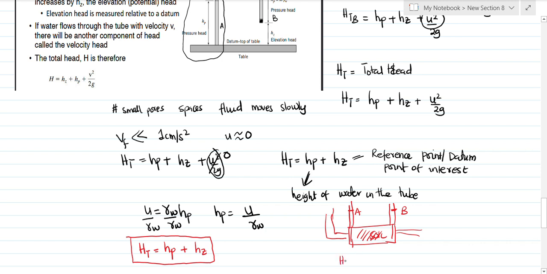Under ideal conditions, HTA should be equal to HTB, from Bernoulli's equation. If they are not equal, then there is something we call a loss. Because if things are ideal, the head recorded at the beginning of the flow will be equal to the head recorded at the end of the flow. If they are not equal, it means that a component of it has been lost. And that is